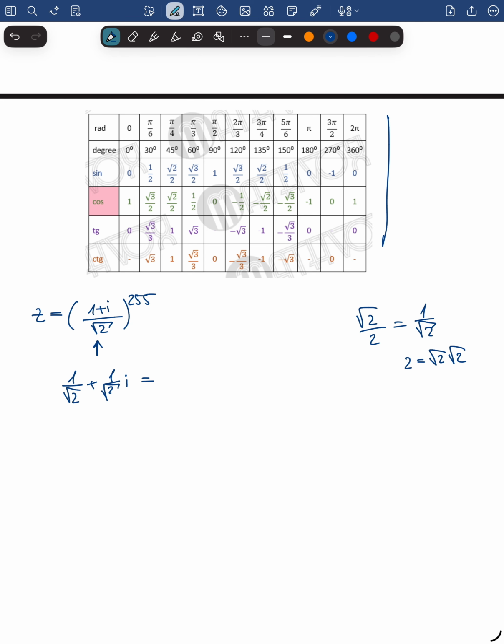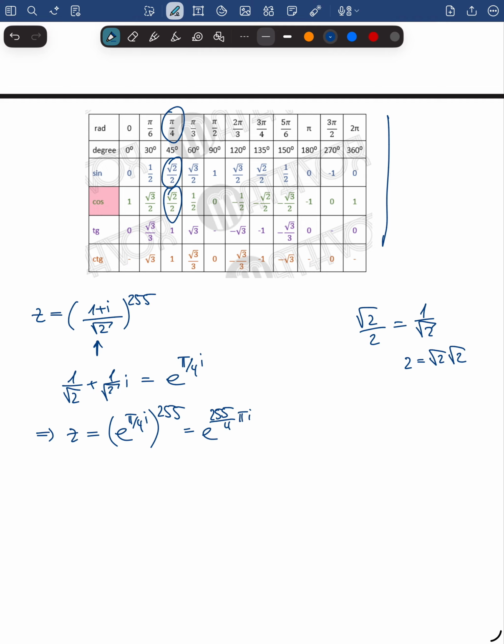Okay, and what we can see here is that both parts are positive. This means we are exactly here, right? So the angle is 45 degrees or pi fourth. This means we can represent this complex number as follows. Okay, so the real question now is, what is this to the power of 255? We can start first. We just multiply it, so we have 255 divided by 4